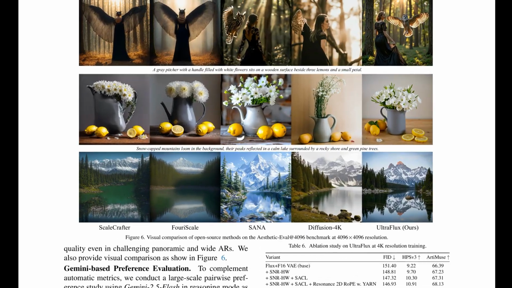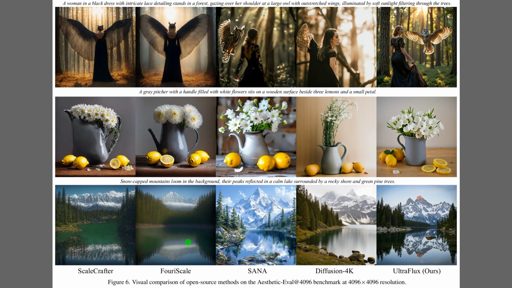Figure 6 makes the performance gap very concrete because it shows side-by-side 4K images from each open-source model and UltraFlux for the same prompts. Across the owl portrait, the flower picture, and the mountain lake, UltraFlux keeps crisp textures, realistic lighting, and clean edges. The competing methods often look softer, noisier, or slightly distorted, especially in fine details like feathers, flower petals, and tree lines. This visual comparison supports the quantitative metrics that showed UltraFlux delivering both higher aesthetic quality and better prompt alignment at